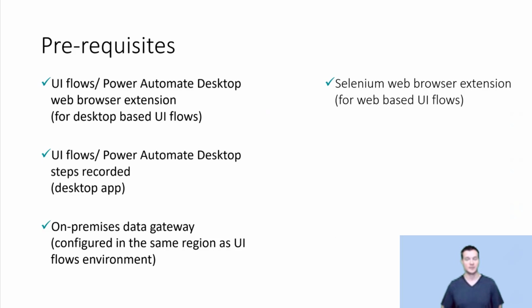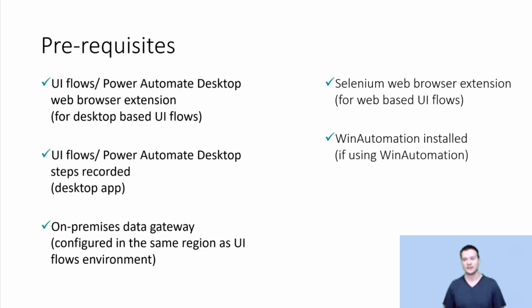But this time, again, what is important, if you would like to automate Edge, we have to download the Selenium web browser extension from the Microsoft Web Store, not the Google Web Store. Just this small hint. And in the end, if some of us would like to try WinAutomation, see how it looked and worked, then this is still available from winautomation.com. We can download this tool and check how it worked.